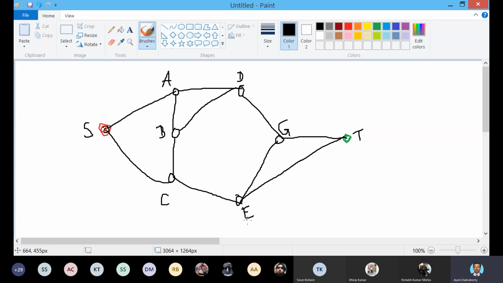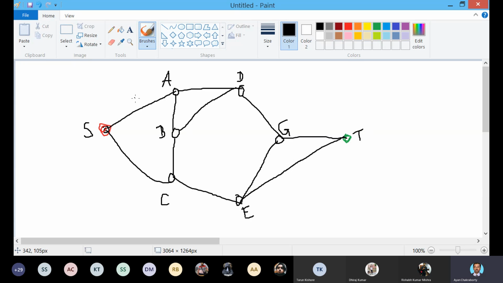So every time we are trying to find out which one will be the most suitable node to proceed further between A and C, we will try to find out which node will create the shortest distance from the target node T. That node will be selected as the most suitable child in this particular level of the searching tree. Is it clear to all of you?